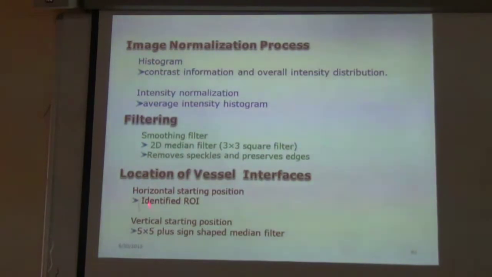Okay. Next, after filtering, you need to give a location of a visual interface for the horizontal starting position identified. And this filter really supported me to take this one: a 5x5 plus sign shaped median filter. What is that 5x5 plus sign shaped filter? What's your plus sign? The filter nature is